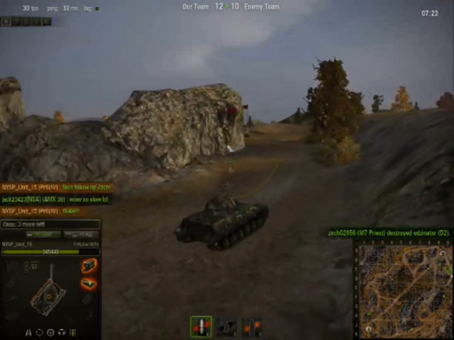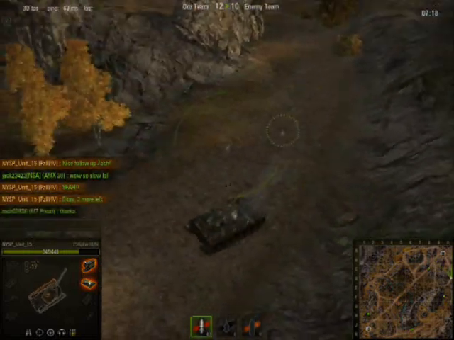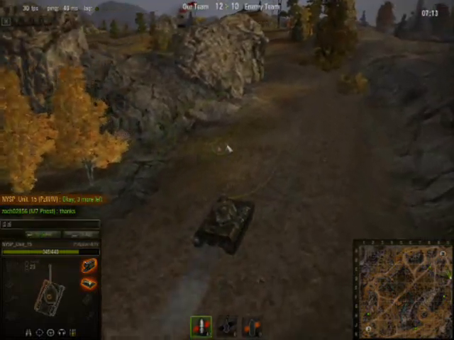So then I'm just talking to the team and saying there are only a couple enemy tanks left. They're going to have to do something very, very crazy if they want to win this. And they end up going for our main base, so...